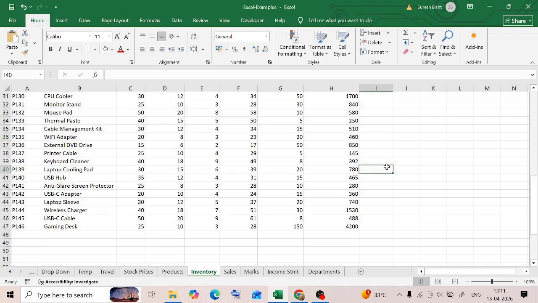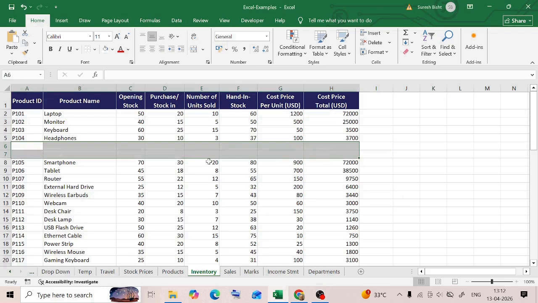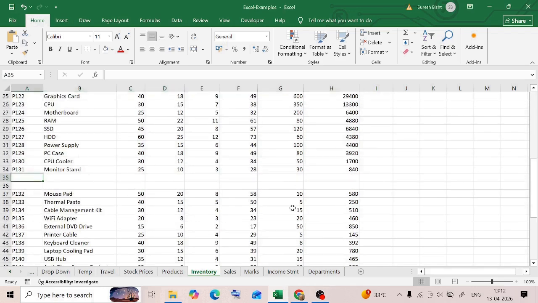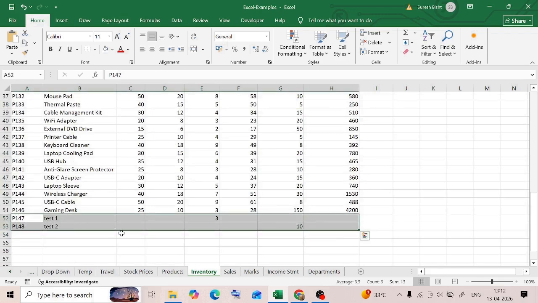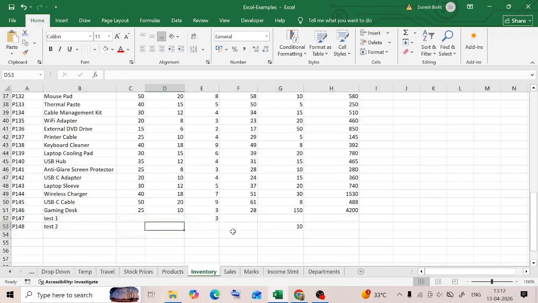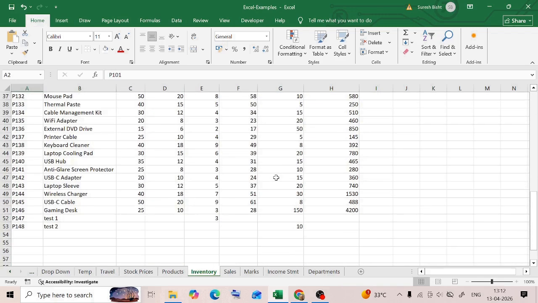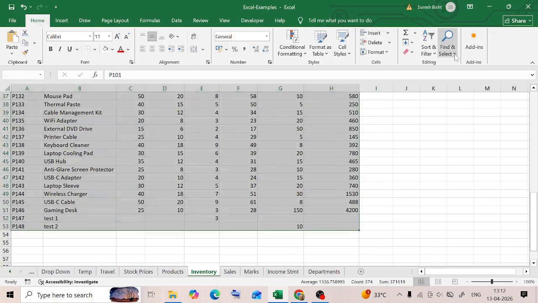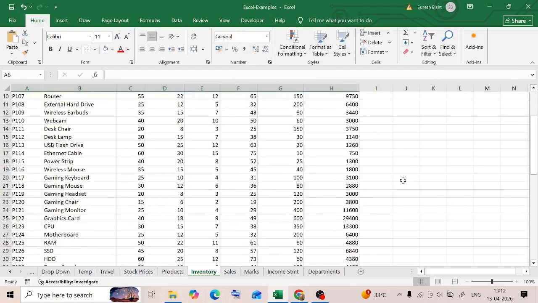Here's another method. In this data, I have made some changes. I have blanks here. I have added a couple of rows in the end, and you see it has a few blank cells. Now if you use the first method, wherein you select everything, go to Find and Select, go to Special and say Find Blanks. Now it will still find all the blanks,